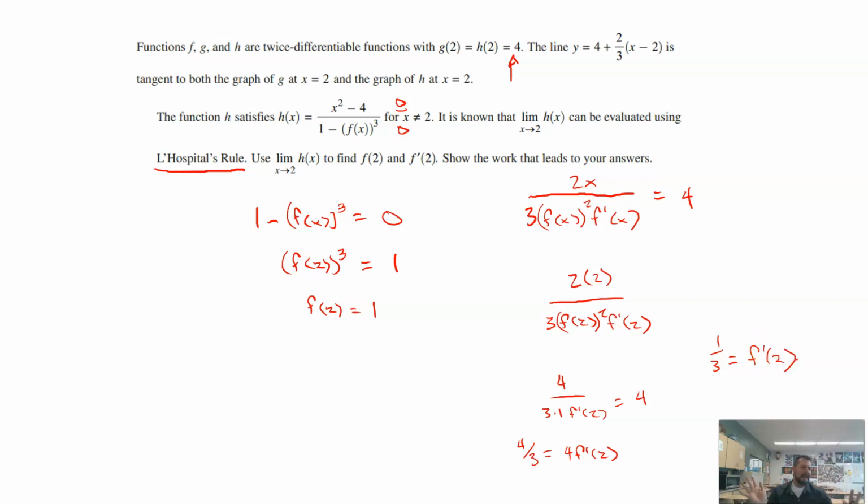Now, I'm not going to lie, that is one of the harder problems that I have ever seen on the actual AP exam. There's a lot going on here that you really have to understand in order to get the points. That one was rough, okay? I'm not going to say that one wasn't rough. That one was actually very, very difficult the entire time. So if you didn't understand that, don't get too frustrated, especially